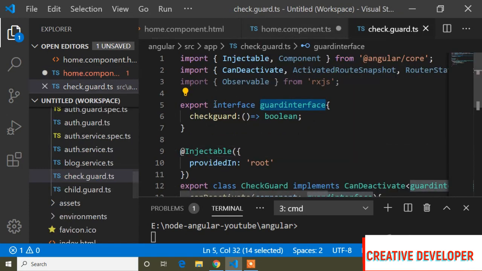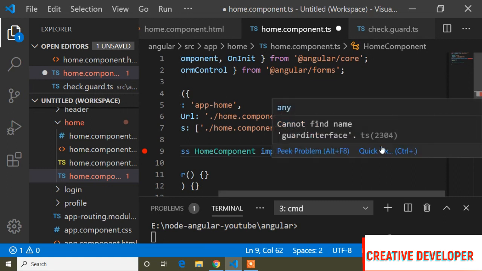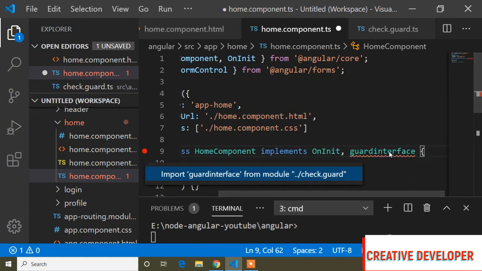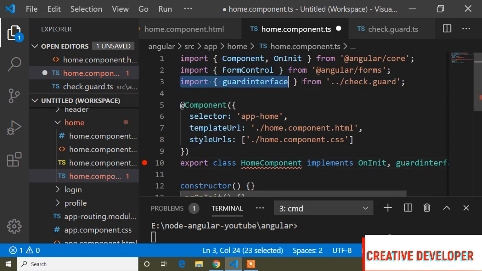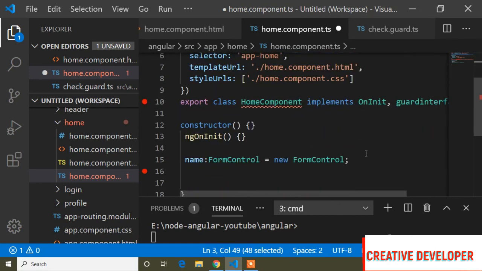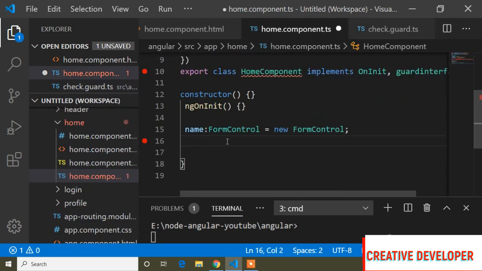and the error is that it cannot find guard interface name because I did not import it. So make sure it's imported. So I import guard interface, so the error is gone from here, and now here I can access this checkguard method. This checkguard method I can access now because I import this interface in our home component. So here checkguard parenthesis, and now